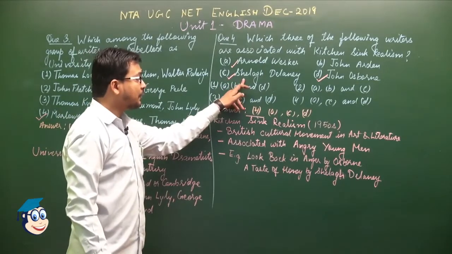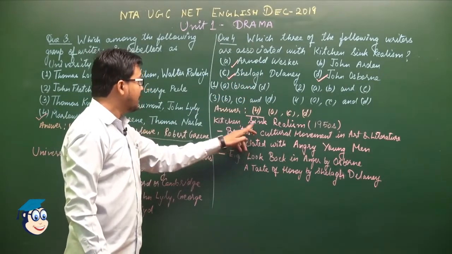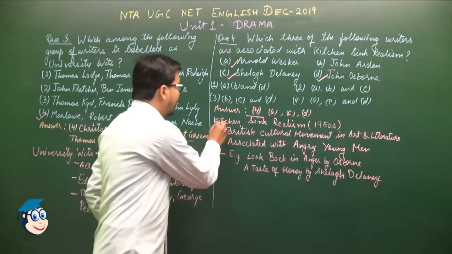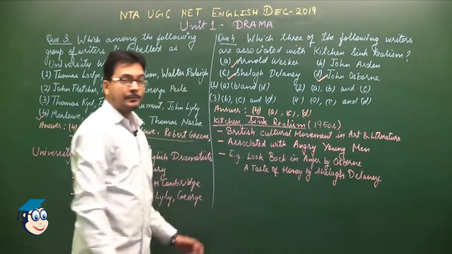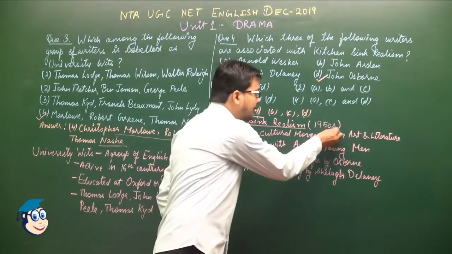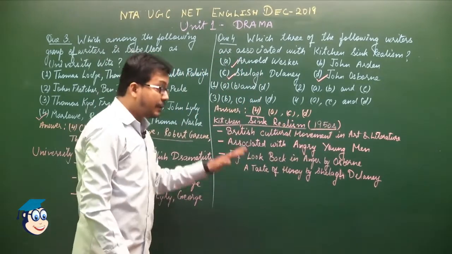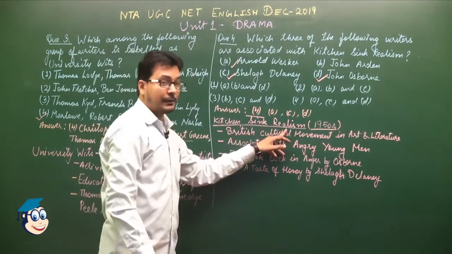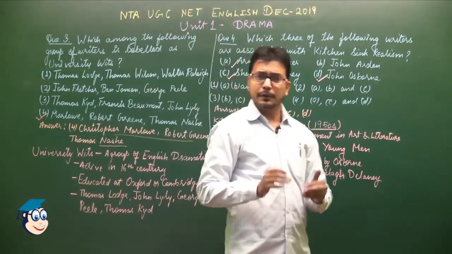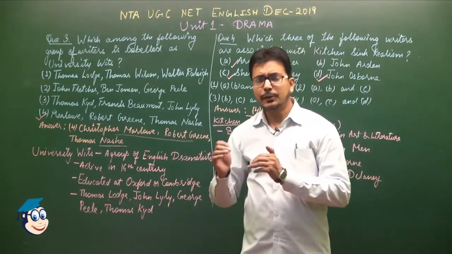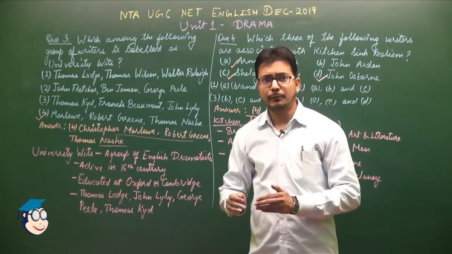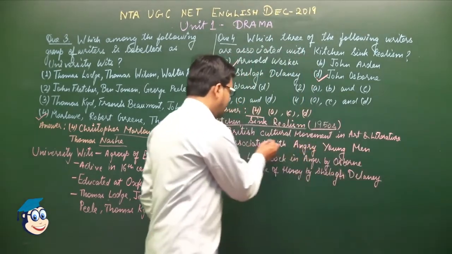These three were the writers who were very active with their writings at the time of the British cultural movement in art and literature, entitled Kitchen Sink Realism. It was a movement that started in the 1950s, and in these plays highlighting this movement we find domestic life, with a protagonist who was completely disillusioned or dissatisfied with the social and political ways of life.